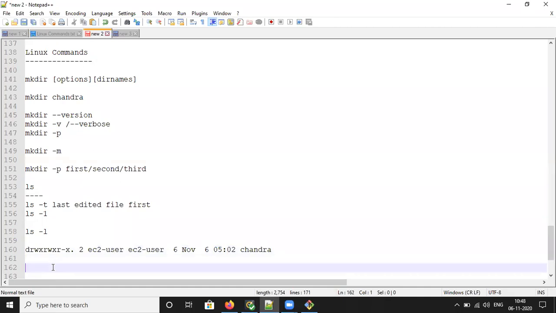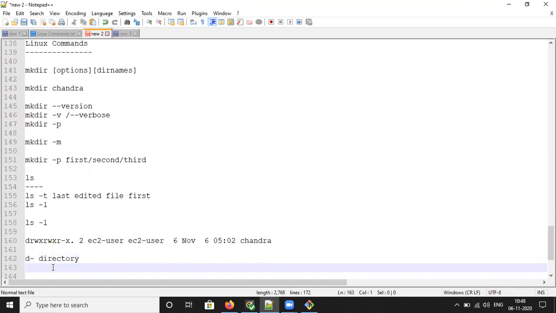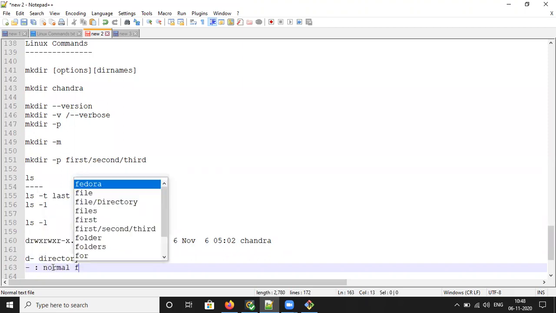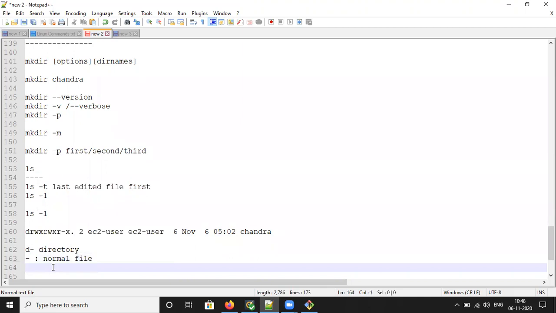Here D indicates a directory. Hyphen indicates a normal file. S indicates a socket file.